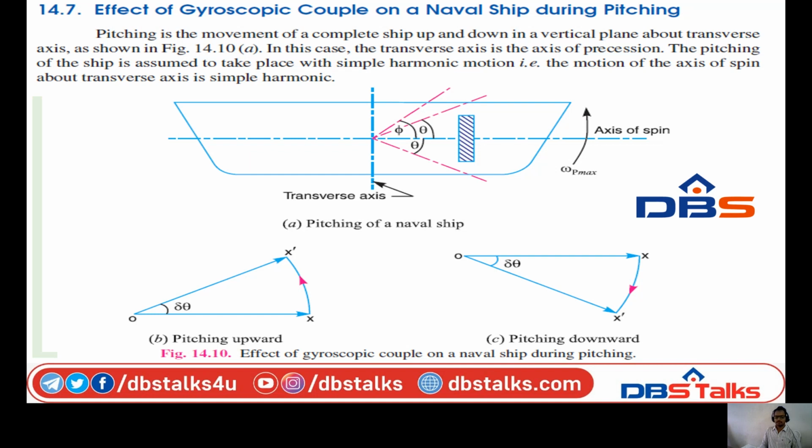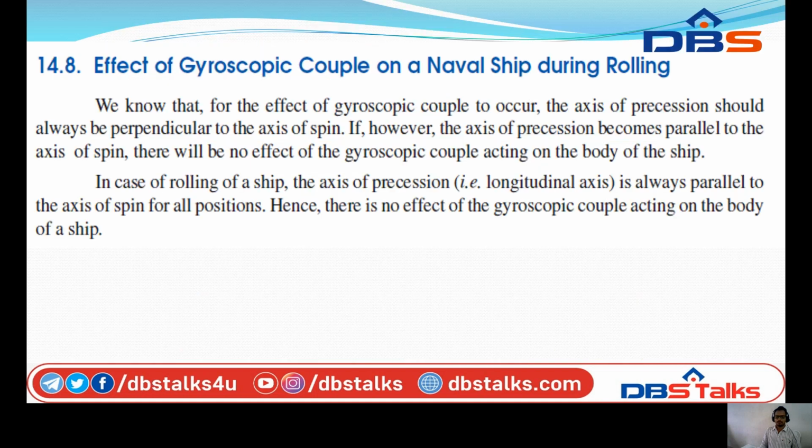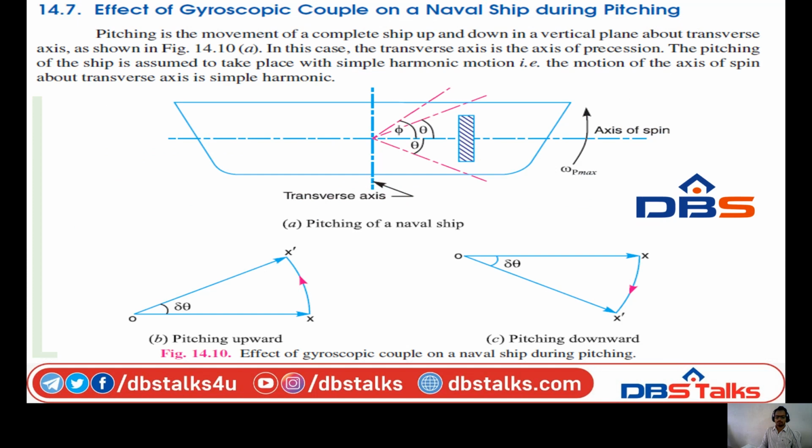So by the consideration of all these, the angular displacement of the axis of the spin from mean position after time t seconds, theta is equal to phi into